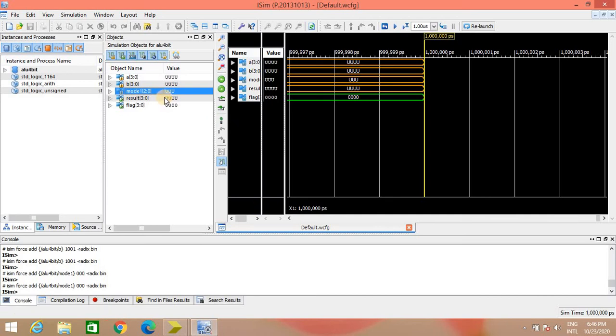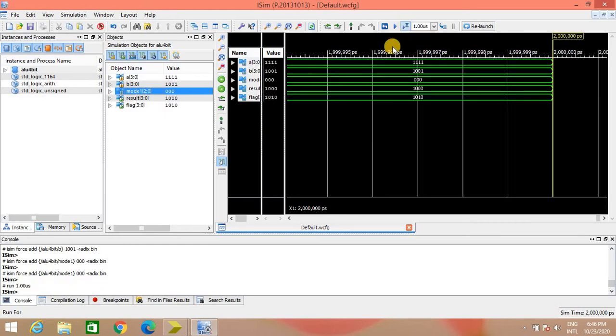Now we have to run this. For that, select the option run for the specified time, and here you can see the result. The same result you can see in this column. A is 1111, B is 1001, and we have selected mode 1 as 000. So 000 means we want to perform the addition operation.